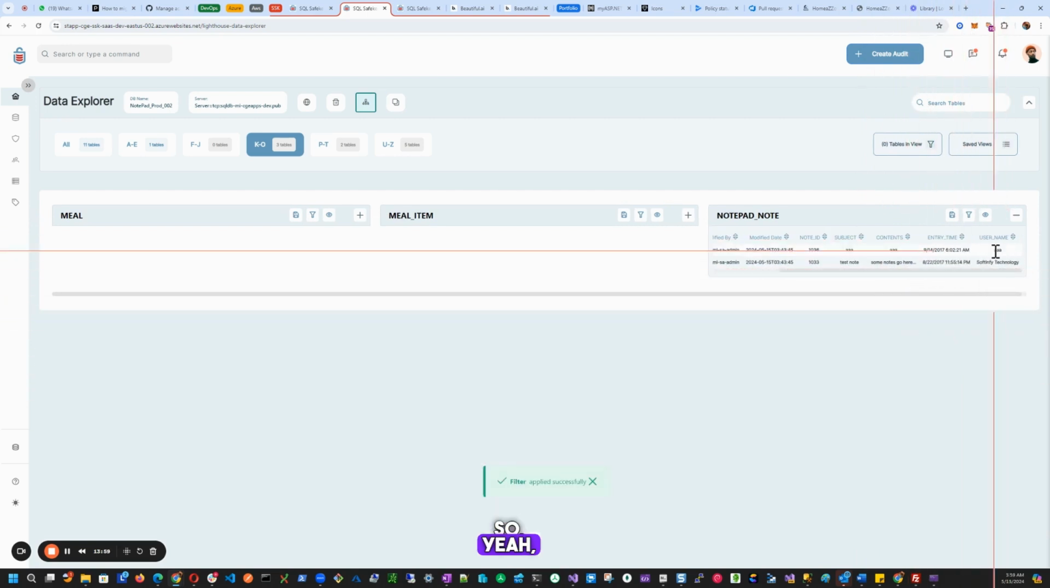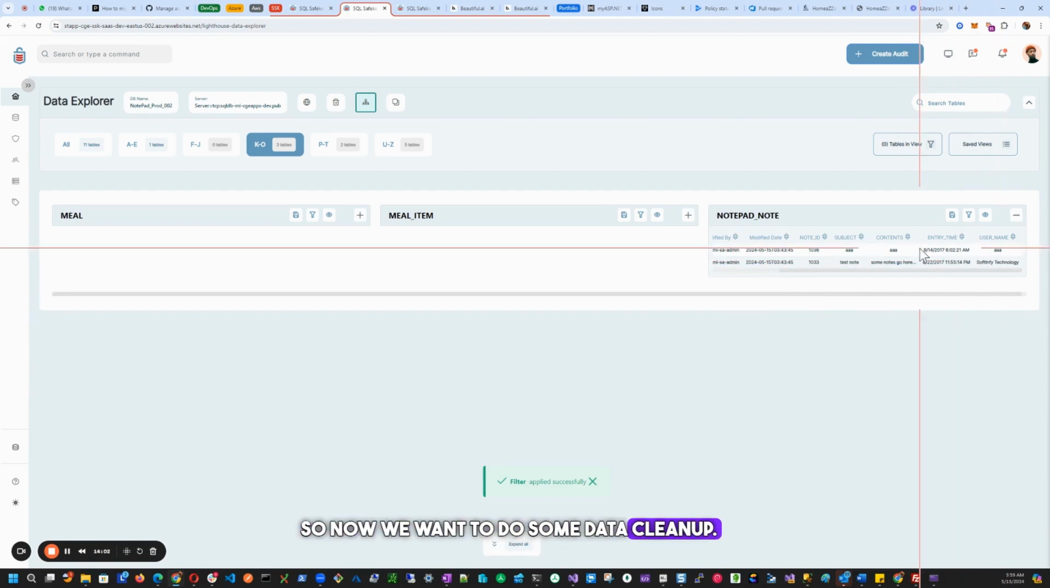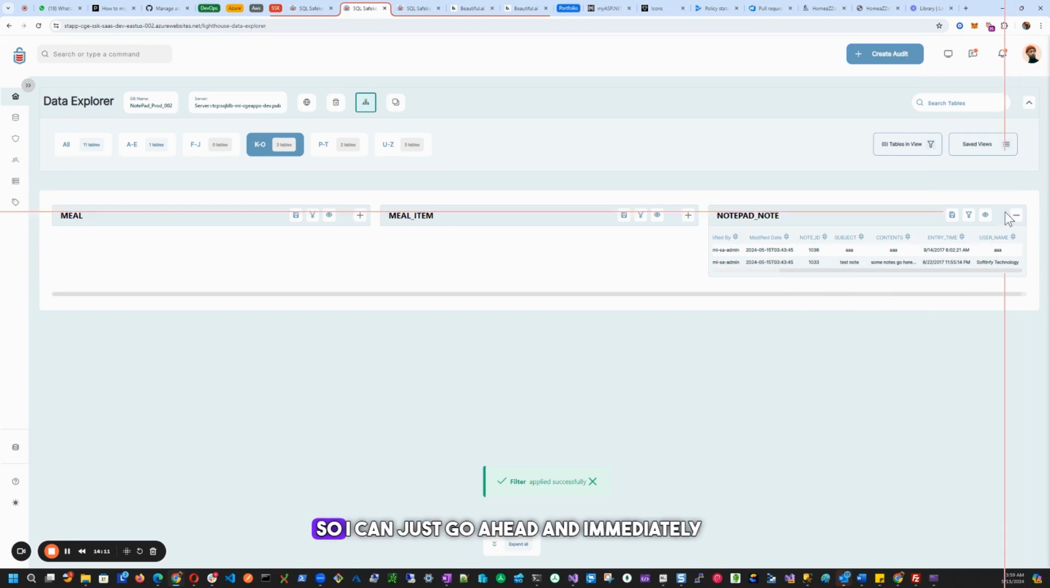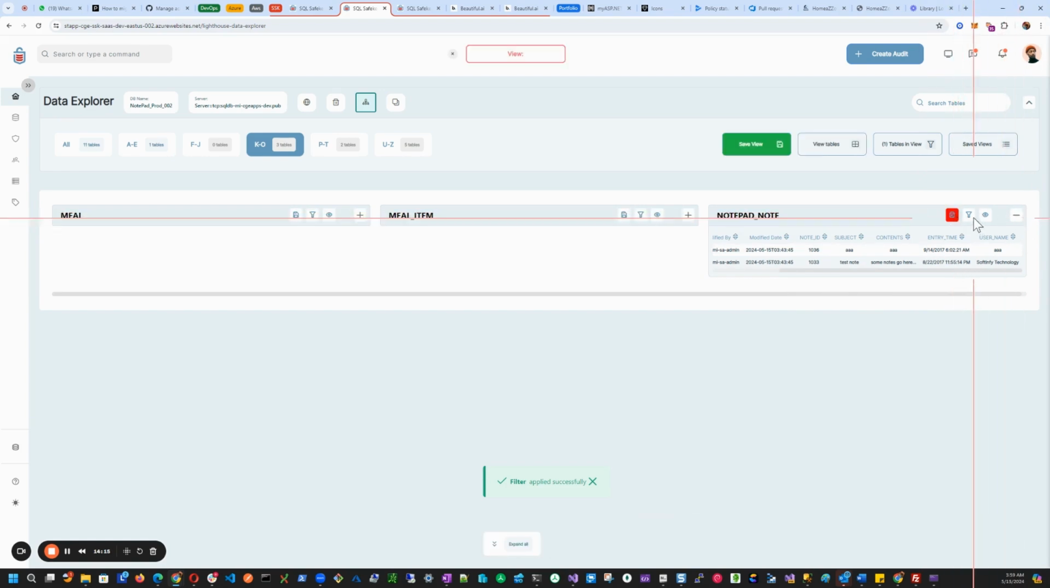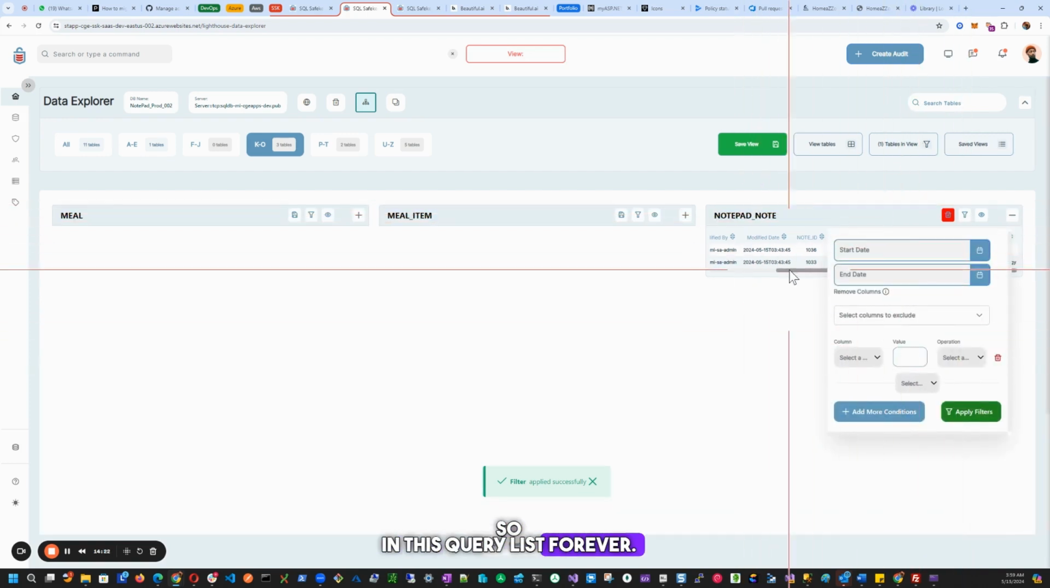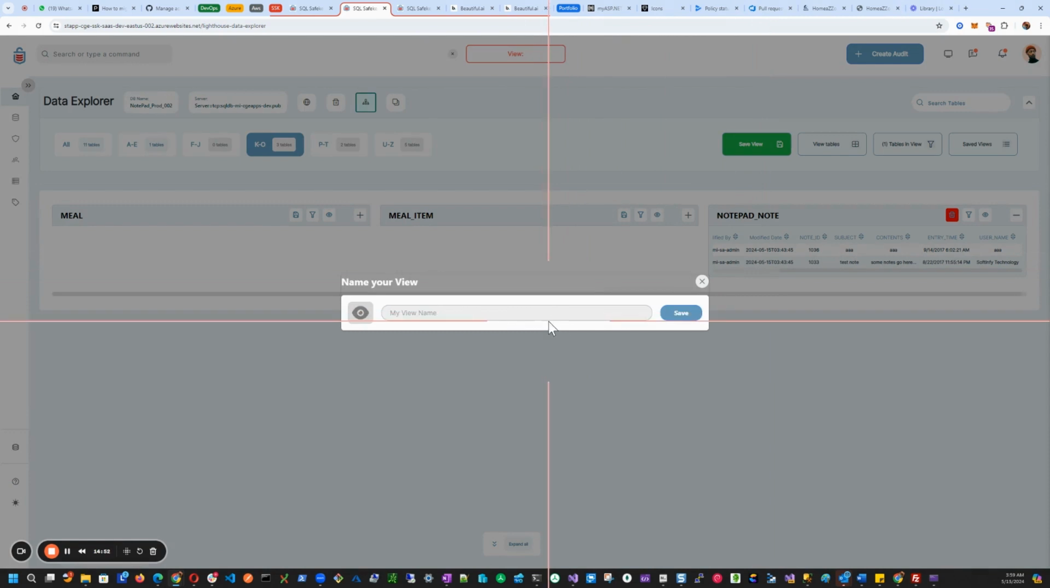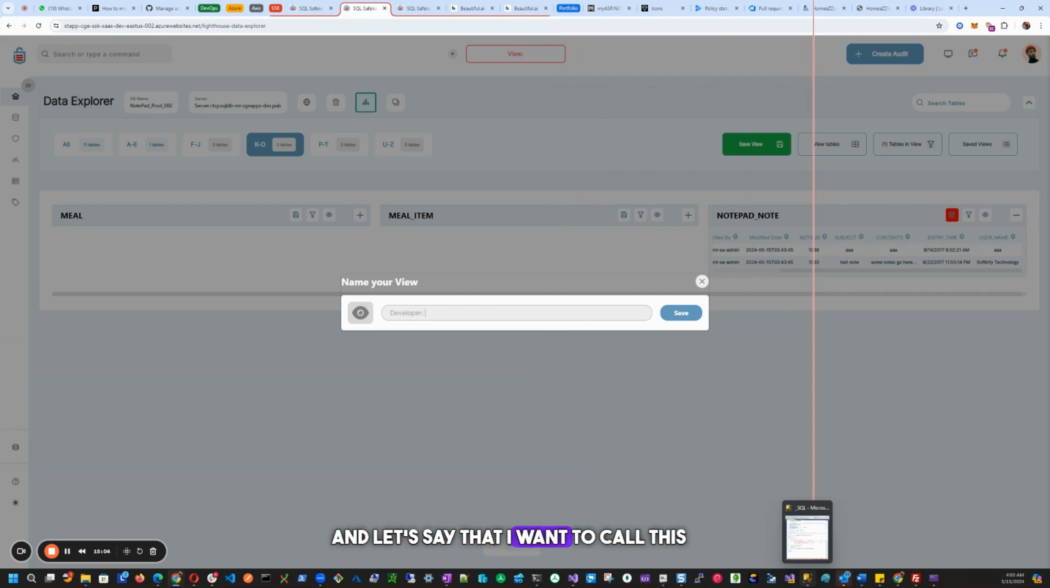So we have AAA, and now we want to do some data cleanup, right? So now I shift into, I'm a developer, I'm finding garbage users in this system. I can immediately save this as a view of garbage users, and this query lives forever. Oh, actually it's already filtered. Let's just save the view, in the context of a developer, and I want to call this dirty users,